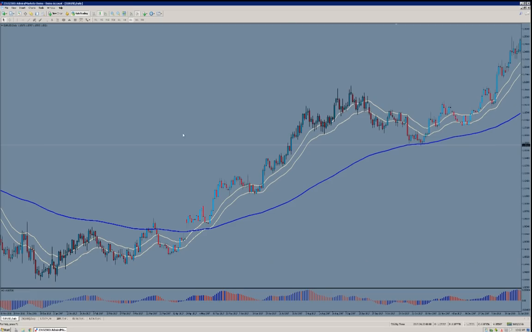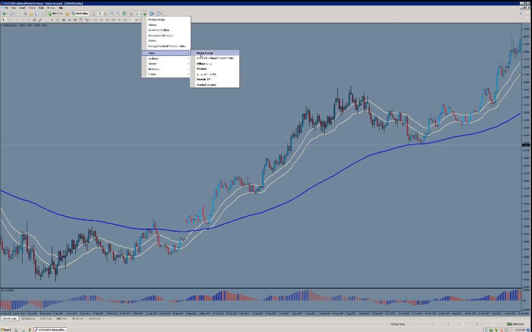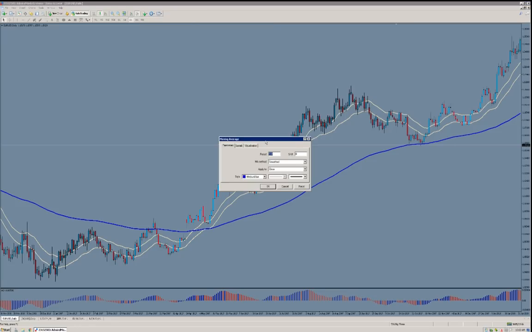Okay, so from a technical point of view, you will find your moving averages here in your MT4 platform in this indicator menu option, under trend, under moving averages. If you click on that, a little window will pop up and it'll ask you to put in certain parameters. Now, before I get into that,